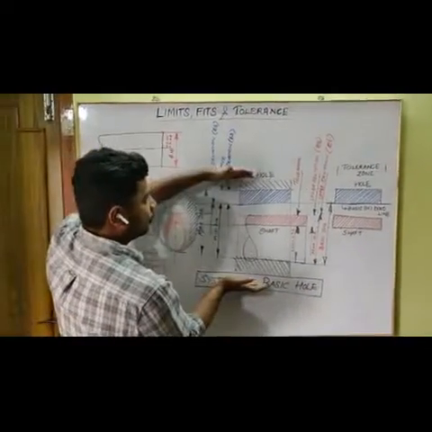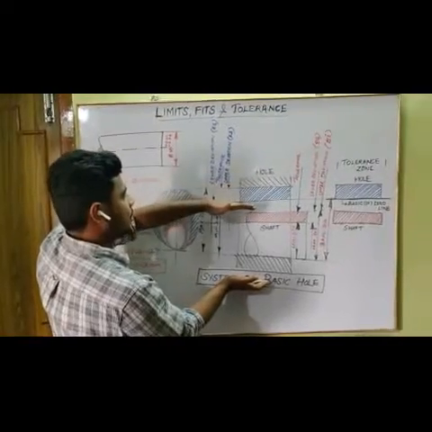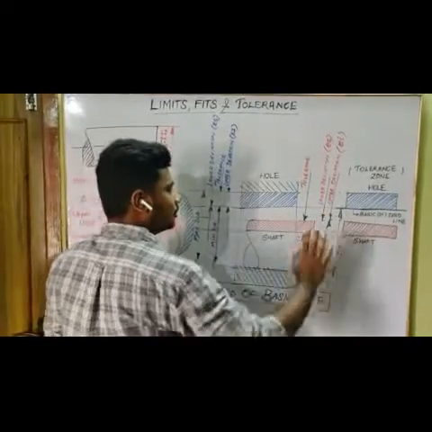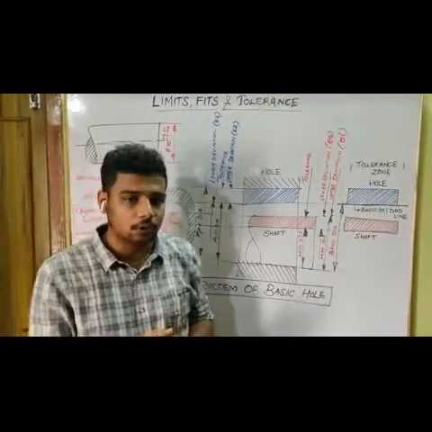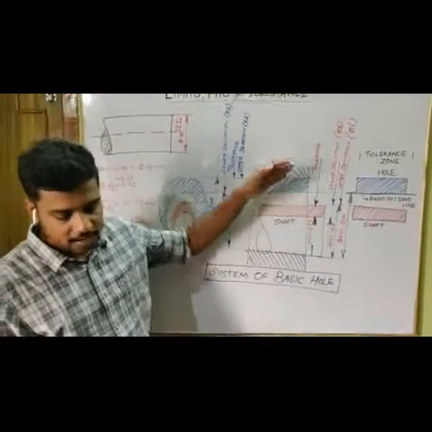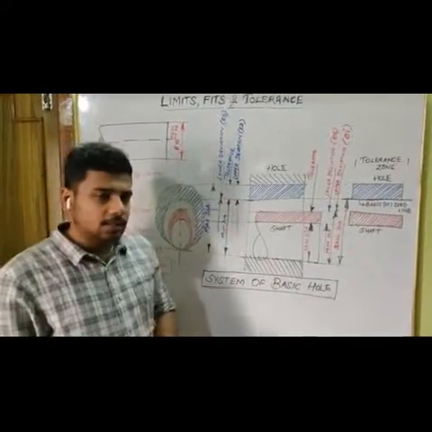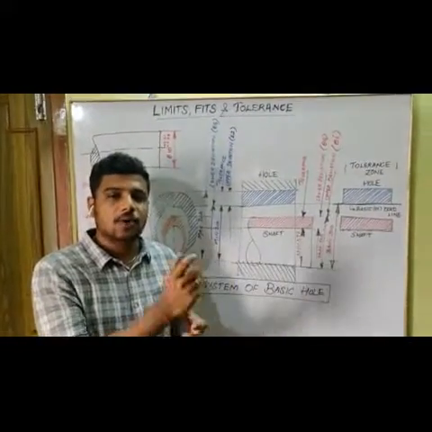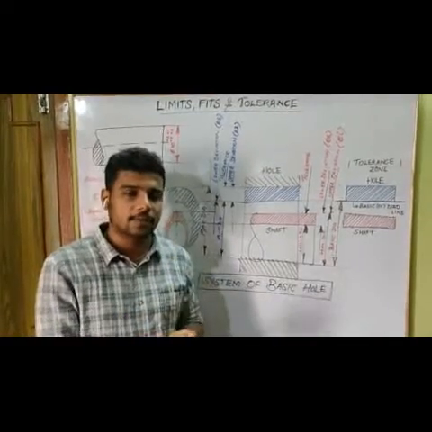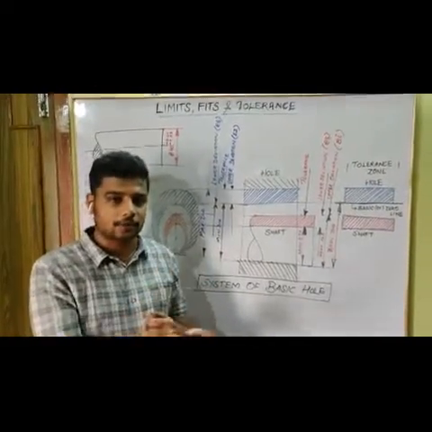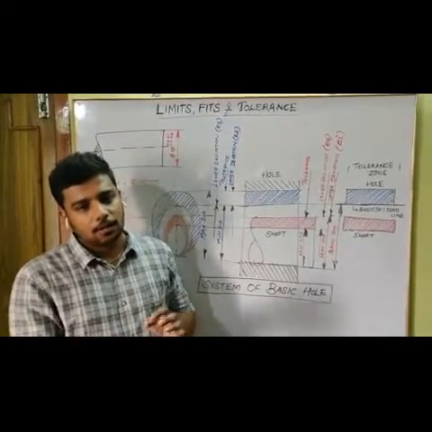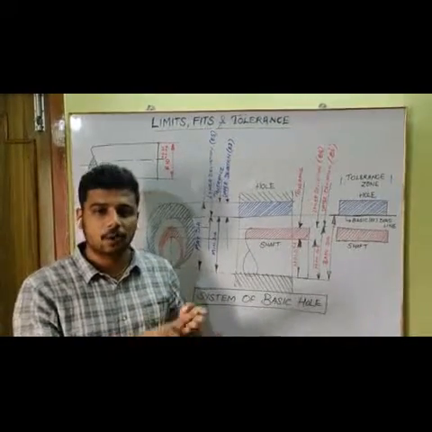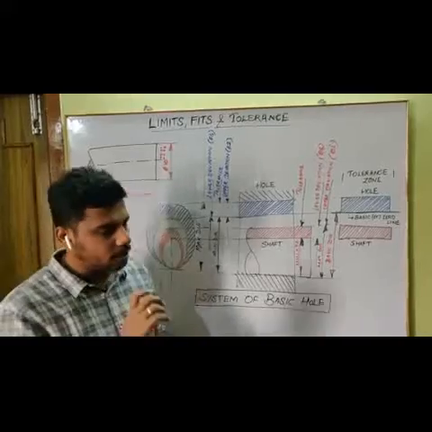The same way, this is your hole. Your hole is having upper deviation here and lower deviation here. When the hole is having lower deviation at 0, that is called your basic hole. So this is the difference between basic shaft and basic hole. So what do you mean by actual size? When the part is produced, maybe it can be a hole or a shaft, when you are measuring it, whatever size comes, that is your actual size, or actual size of a hole or actual size of the shaft. So we have seen what is basic shaft, what is basic hole, what is nominal size, and what is actual size. So now we will see what is tolerance.